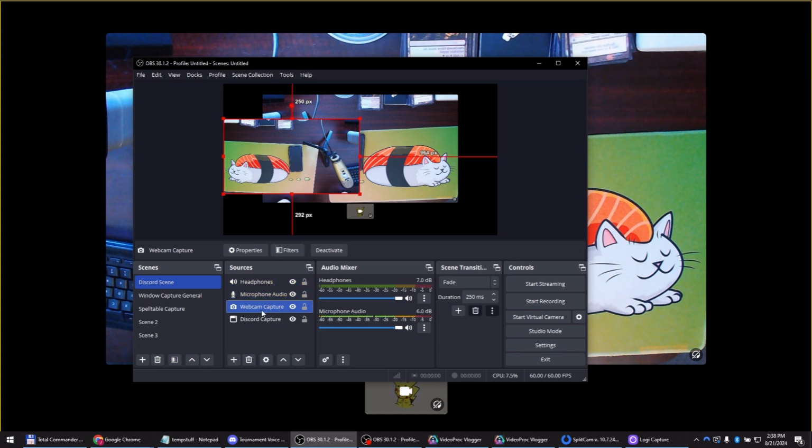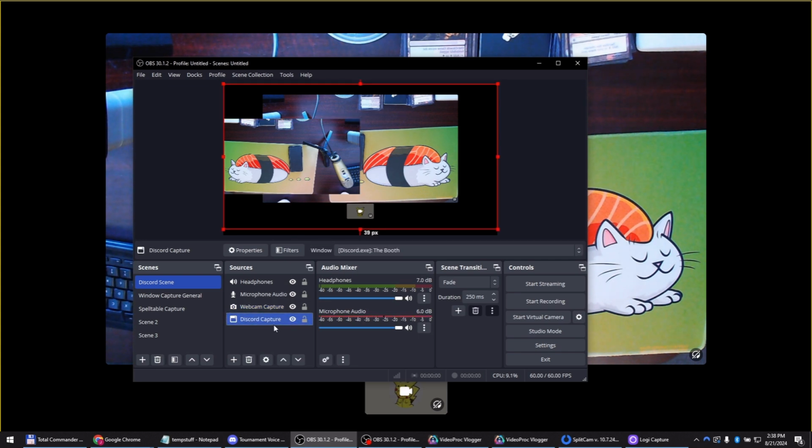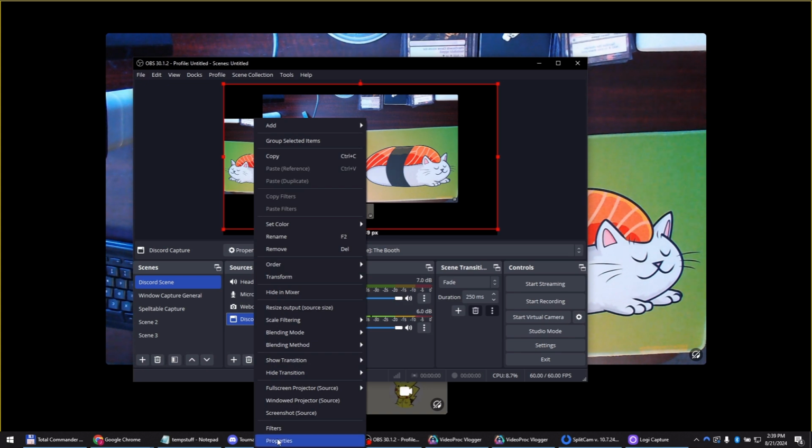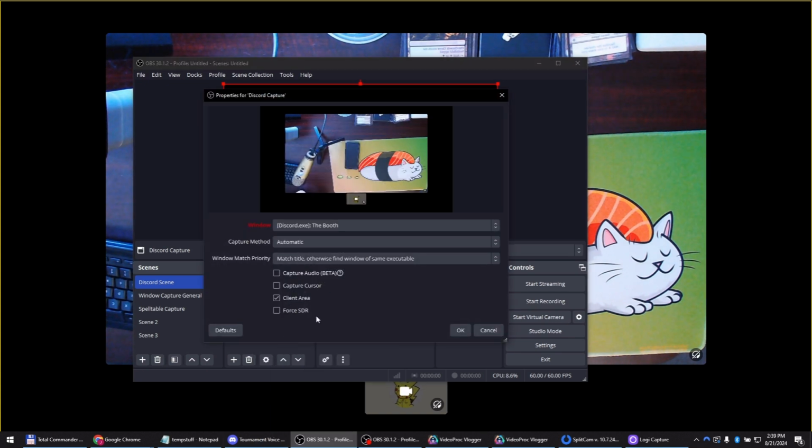Webcam capture, this is the SplitCam capture that I was talking about earlier. And this Discord capture is just a window capture that I have set to the Discord. So every time I boot up Discord, it always works. For my settings, I've got it so that it doesn't capture the cursor and it always matches the same title. Otherwise, find window with the same executable. This makes it easy for